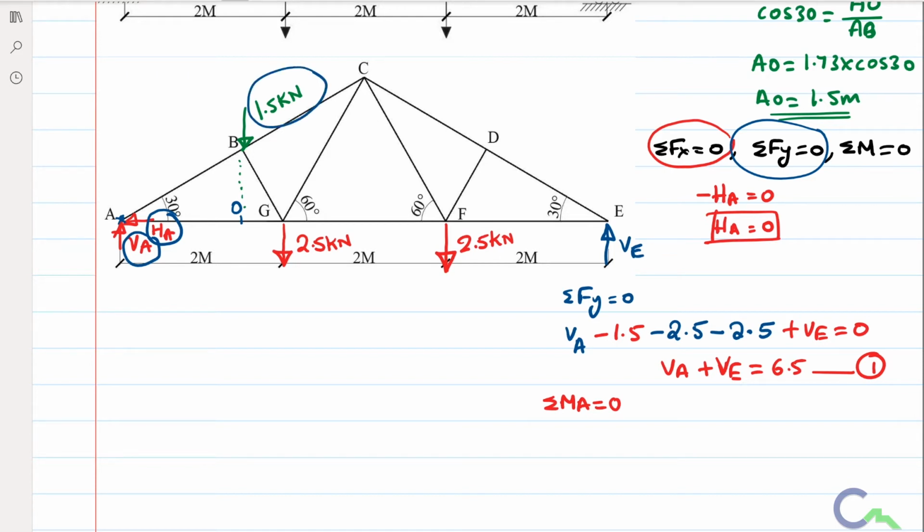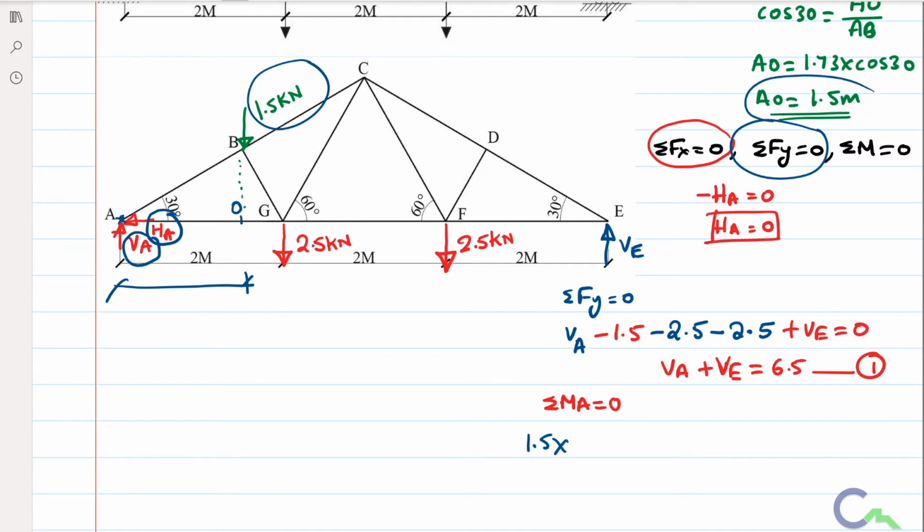Now 1.5 kilonewton, I can shift in the line of action like this till here. If I apply about A, it is going to rotate about A in clockwise direction. I just have to imagine AO as a radius, then draw the circle by taking A as center in the direction of the force. It is going to rotate in clockwise direction. Therefore I can take 1.5 into the perpendicular distance, that is distance AO.